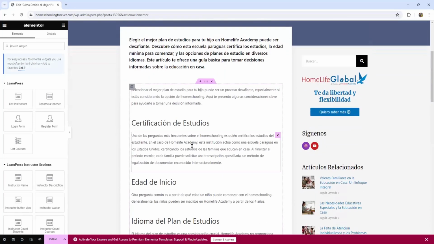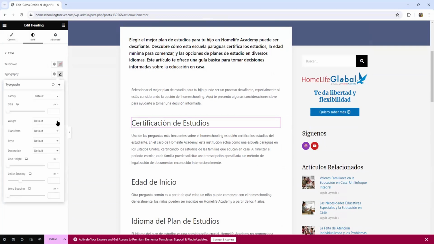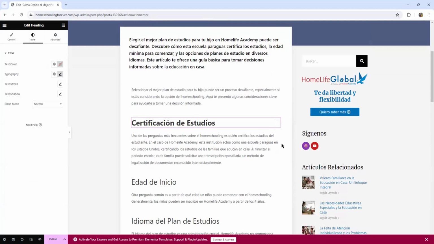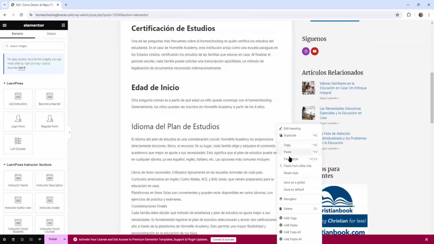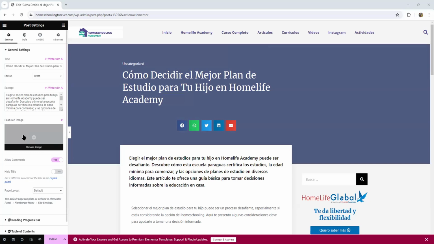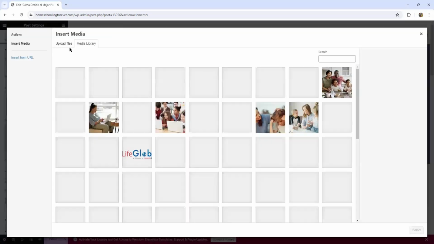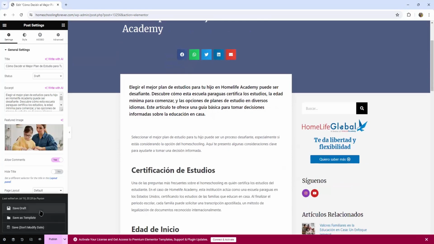Okay, so the excerpt is there, and I'm just going to put some bold text here. Just going to highlight the heading, go to style, typography, and weight. Let me just put something like 700, and then I'm going to copy, and I am going to paste style. So paste style for all the headers or headings, and that's basically it. I'm also going to add a featured image. I'm just going to add this one here, select, and I'm going to save draft. I'm going to refresh the page,